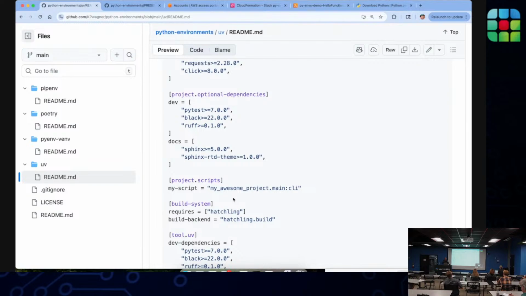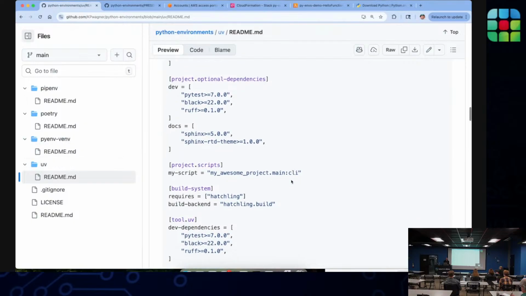So it might invoke pytest for a specific file, or pytest with coverage and a bunch of other options. So it's a way to take a longer chunk of code and trim it down so you could just call it with a single, shorter command. So those script sections are handy, and that's available across Poetry and UV, not in the pyenv setup, at least not out of the box.